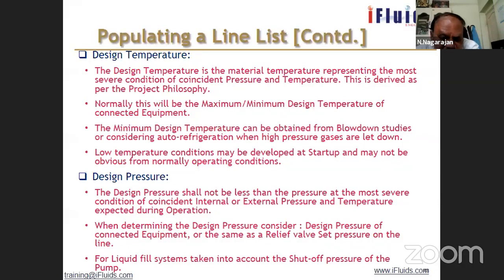And for pumps, the design pressure will be as follows. For a centrifugal pump, when you run the pump, you can close the outlet valve. Once you close the outlet valve, the pump keeps running and it will develop the maximum head or maximum discharge pressure. That is called the shut-off head, or shut-off pressure. So the design pressure for the pump discharge line will be the shut-off pressure. So we have to see the various operating scenarios for the connected equipment, then incorporate those conditions in the connecting piping.